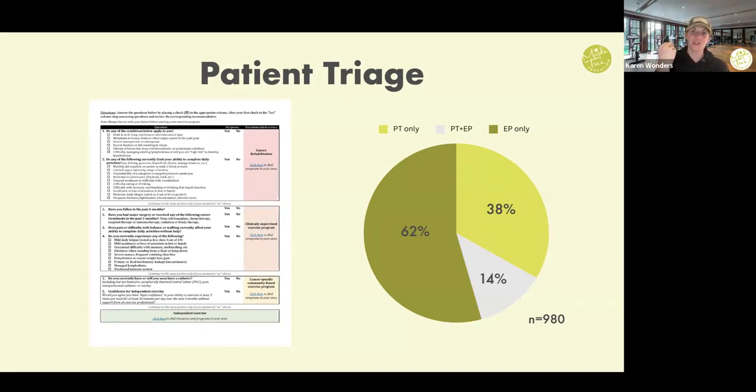Are they okay to do supervised exercise training, or can they exercise in the community? Essentially, if they answer yes to one of the questions in this top box, the red, then they need to be referred to physical therapy. If they answer yes in this orange box here, then they're okay to do supervised exercise training in the clinical setting with the exercise oncology instructor. And then this bottom tier, this yellow box that you see,